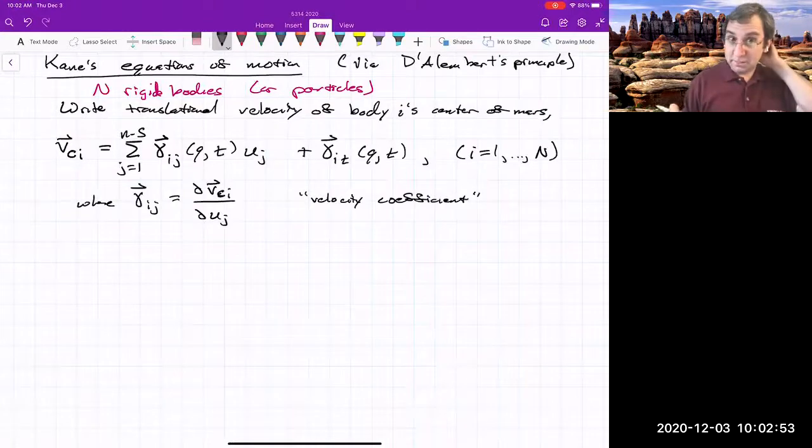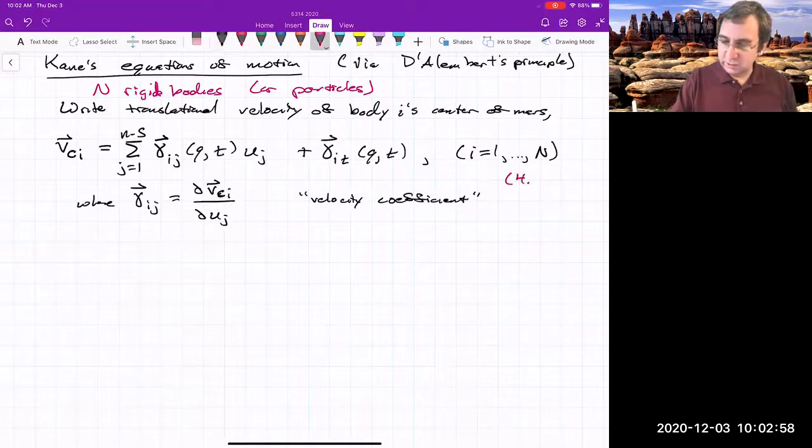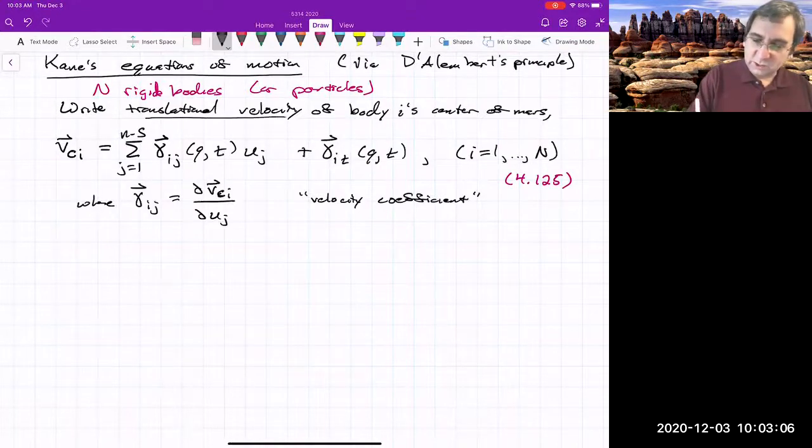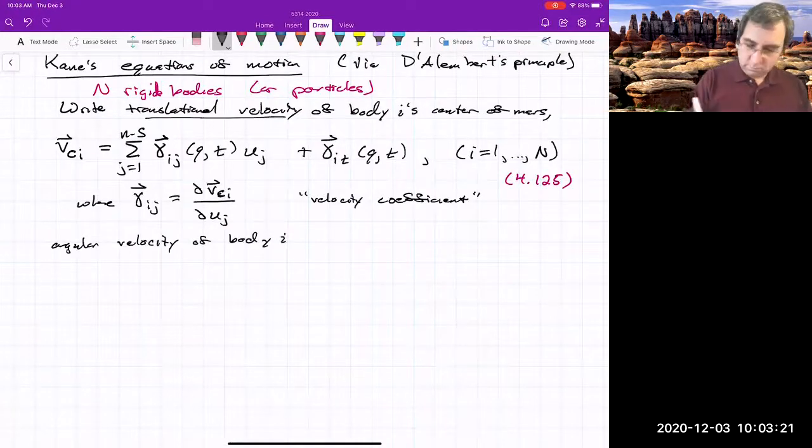And we'll do an example so you can see this. This is equation 4.125, if you're following in Greenwood. That's the translational velocity of body I. The angular velocity, or rotational velocity, for rigid bodies, we write as omega sub I. It's the angular velocity of body I, the sum over all of the